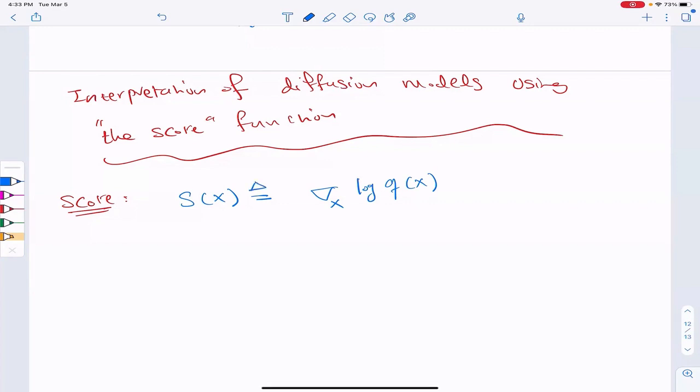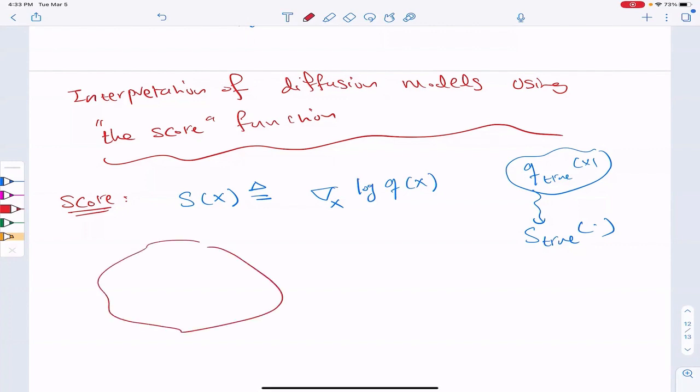So if you hear, okay, I'm computing the score in the context of diffusion models, this is how a score is being defined. Okay, and we can have different densities. For example, you can imagine that you have the true density of your input and you compute the score with respect to that true density function that is unknown. That will be your true score function. But you can compute the score with respect to any distribution. It gives you basically a vector field, right? So it's for every x,